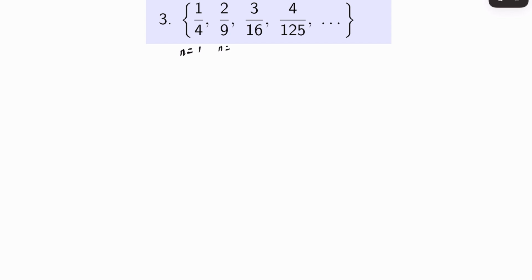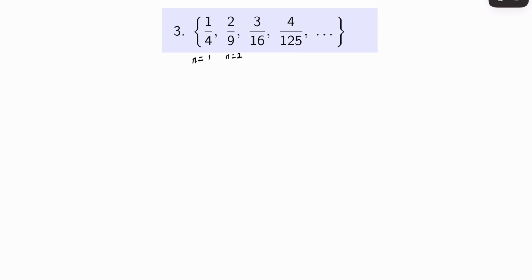And when n is equal to 2, we want it to be 2 on 9, and so on. Now let's look at the numerators. For the numerators, we have 1, 2, 3, 4. So that would just be n, right? So for the numerators, we're going to have a_n equal to n